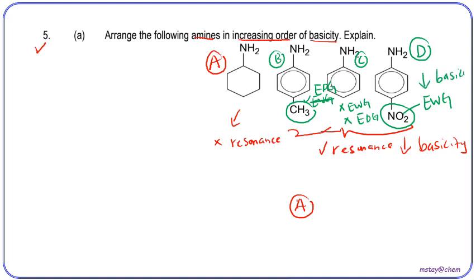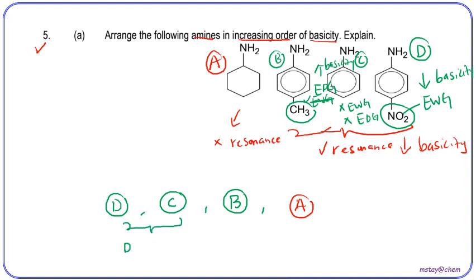So that means this one is the least basic, so it will come first. Then in between B and C, B has the EDG, which will increase the basicity. So that's why C will come first and then followed by B. If we want to do the explanation for structures D and C, we will focus that D consists